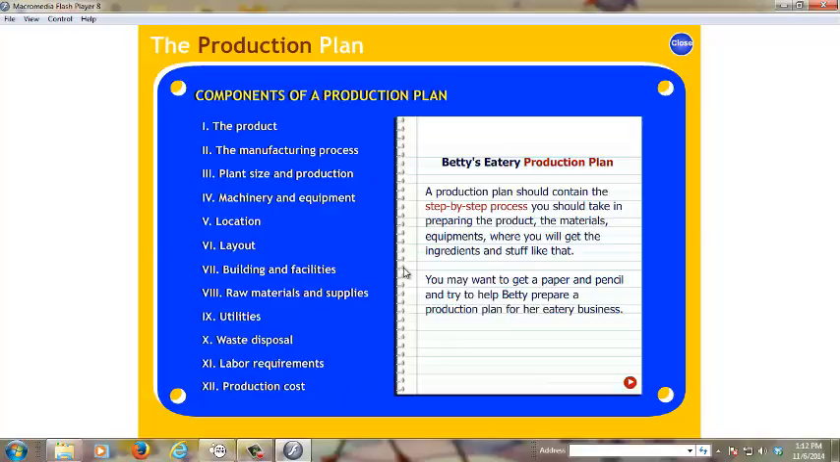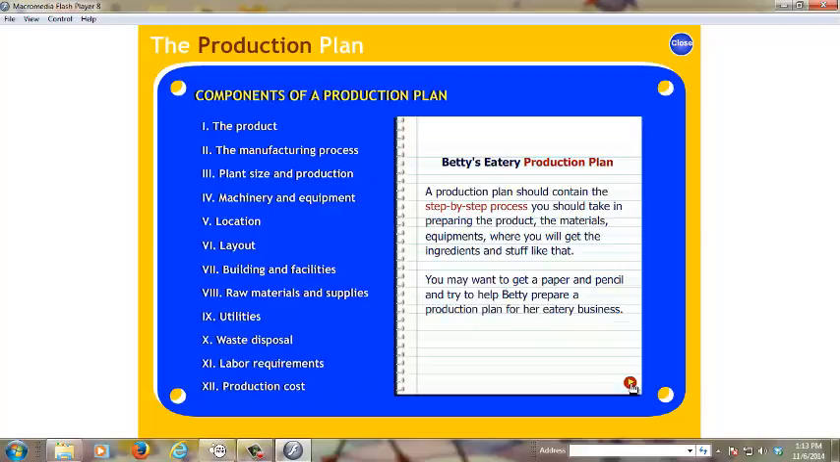This lesson will help you make a production plan. A production plan should contain the step-by-step process we should take in preparing the product, the materials, equipment, where we will get the ingredients and stuff like that. You may want to get a paper and pencil and try to help Betty prepare a production plan for her